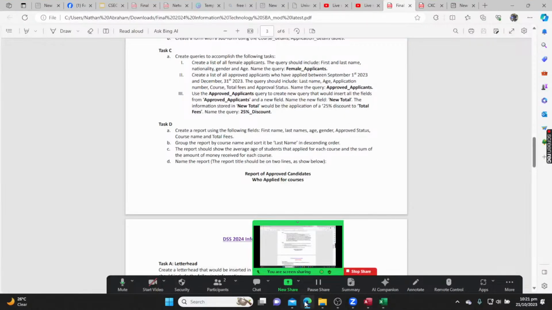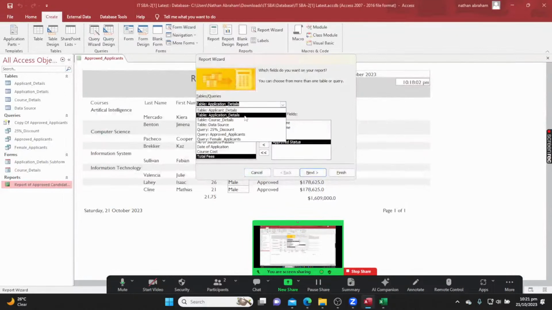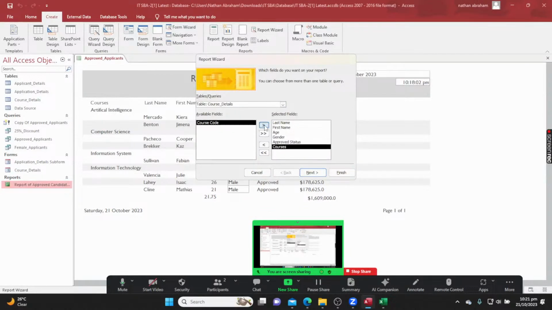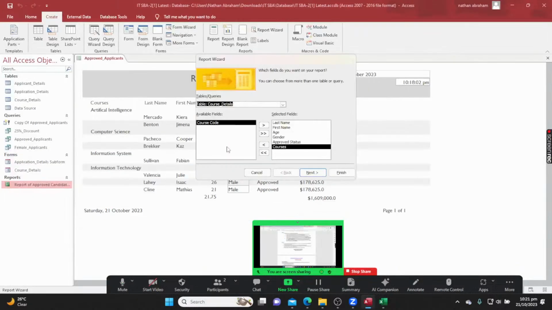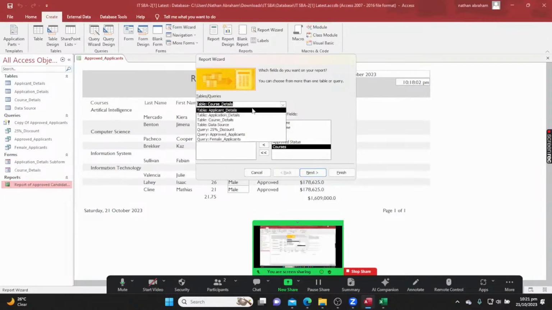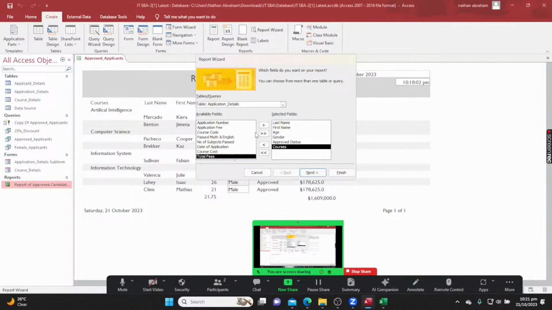Approved status, course name, you get it from course details, and then you get total fees from the application detail. Next,